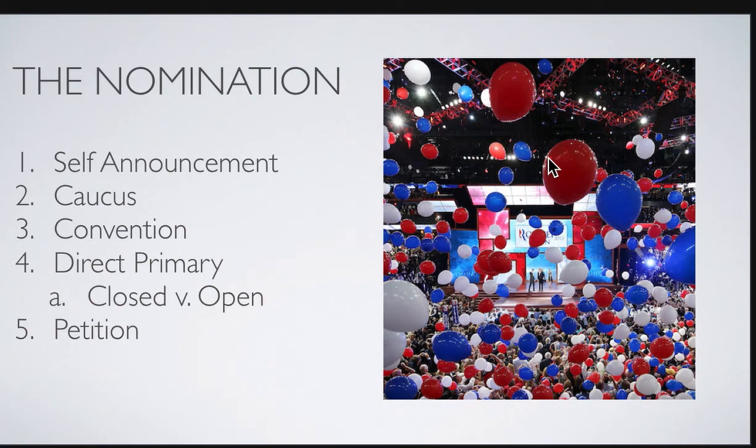Generally, these primaries are happening sometime between January and May before a presidential election. This primary will determine who gets put on the ballot in November during the general election. There are two types of primaries that you need to know. The first one is a closed primary. This only allows the qualified voters who are registered in their party to participate in the primary. So a closed primary is not going to allow somebody who is registered as a Republican to vote in the Democratic primary.